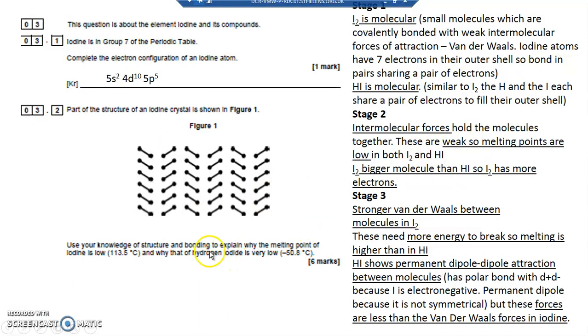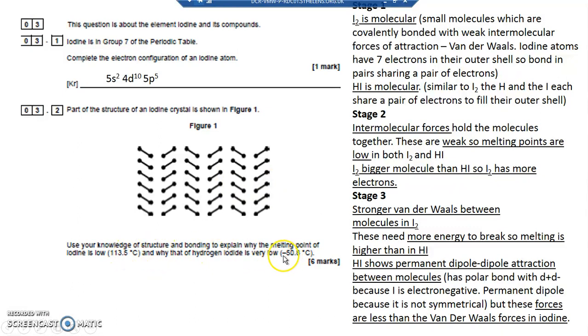So the final part is, why is iodine higher than hydrogen iodide? That's because iodine atoms are larger, and so they have more electrons, and so they have more van der Waals bonding. So they've got stronger van der Waals bonding between the molecules in iodine, just because they're larger. So more energy is needed to break these van der Waals bonds, and that's why it's got a higher melting